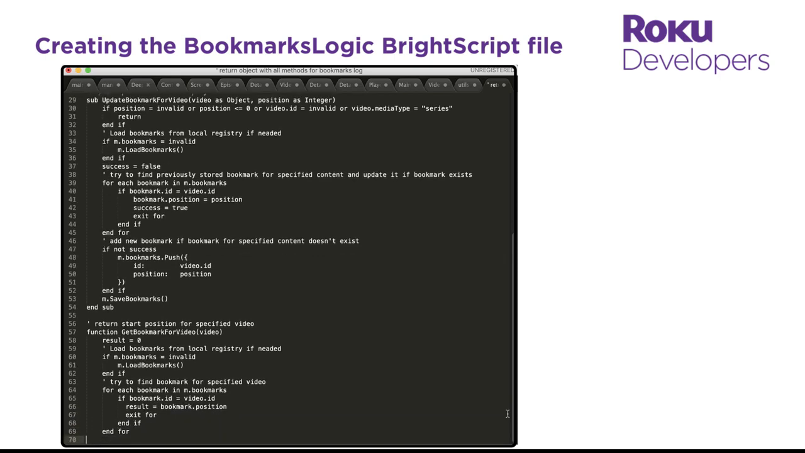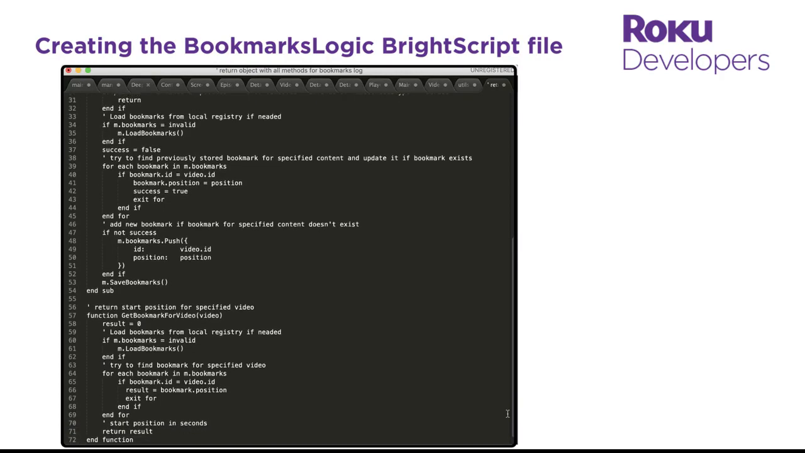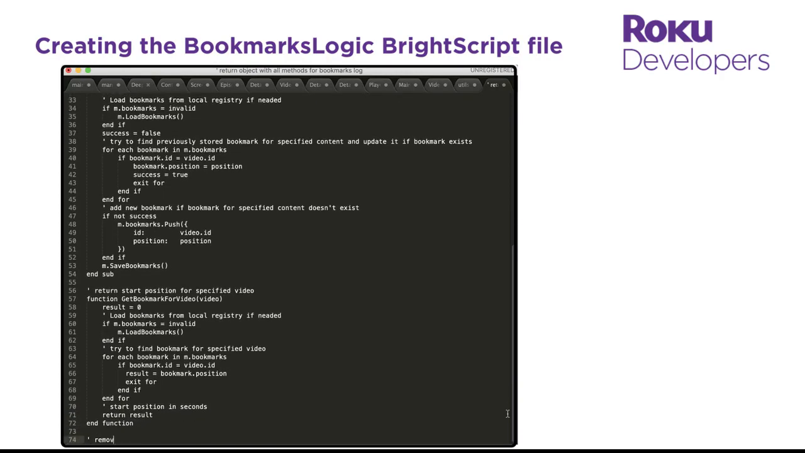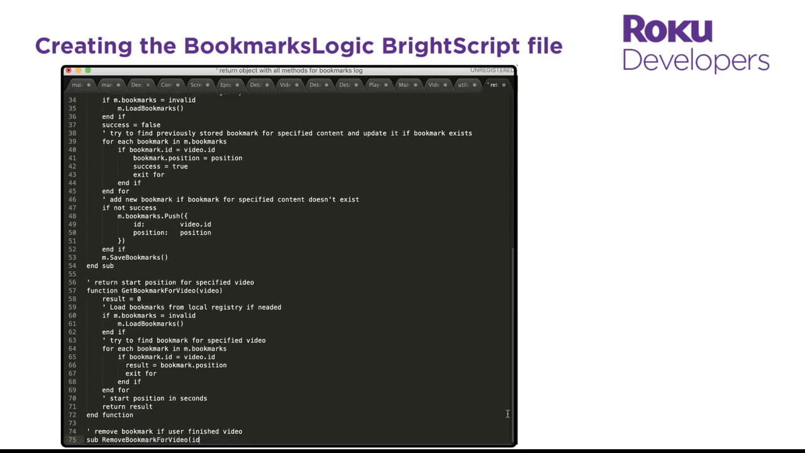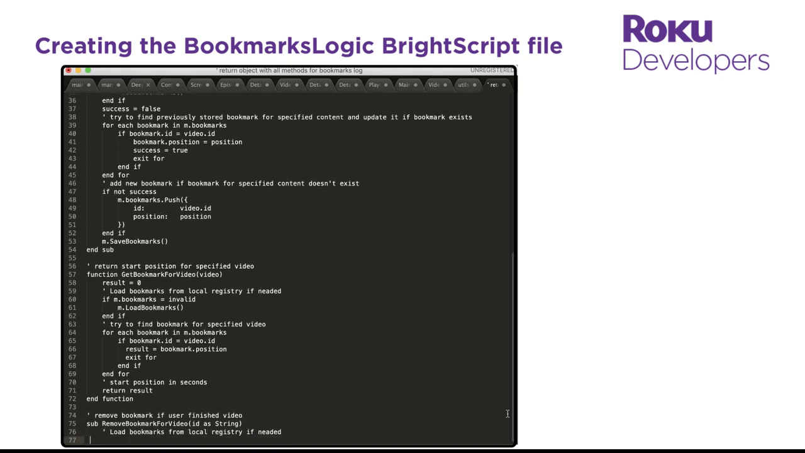Finally, we'll return the playback position stored in the result variable. Next is the removeBookmarkForVideo method, which deletes the bookmark for the video passed into the method from the device registry. It takes a video ID as a string, and the first thing we'll do is to check whether the m.bookmarksArray